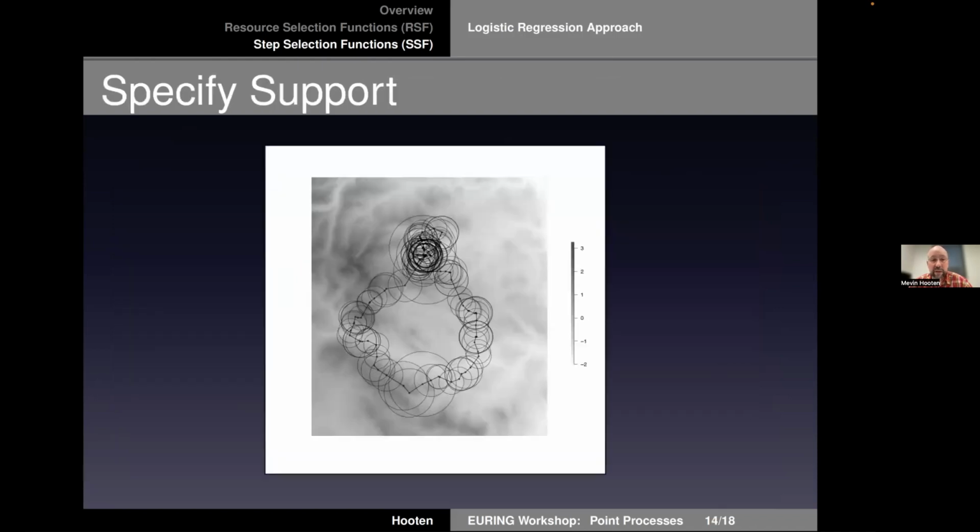What are the steps and how do we accommodate that in the availability function? Well, we've got these now associated with our trajectory that you can see as that line under there with these little points. Now you've got these big circles drawn around there. These are the availability distributions. They're step specific. So at each point of interest, what was available to you starts at the point before you and then some buffer region around there. Now you can imagine there's a variety of ways to generalize this idea. You don't have to use circles. You could think about it as being a tapering distribution that tapers off from the